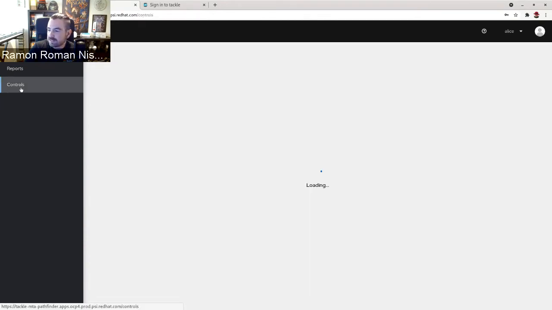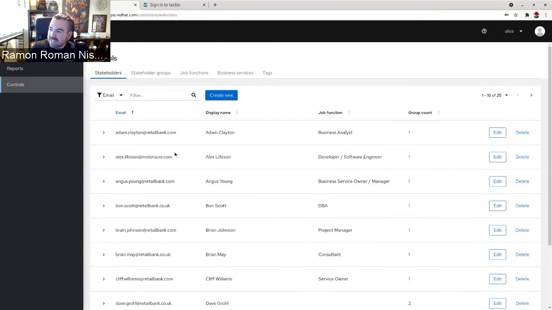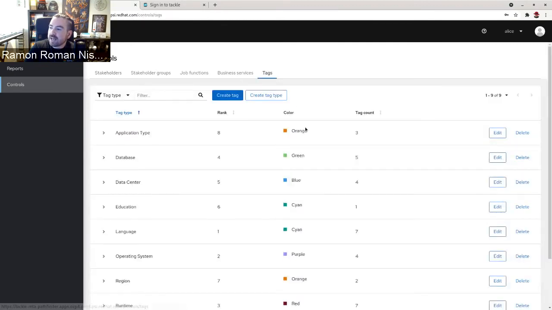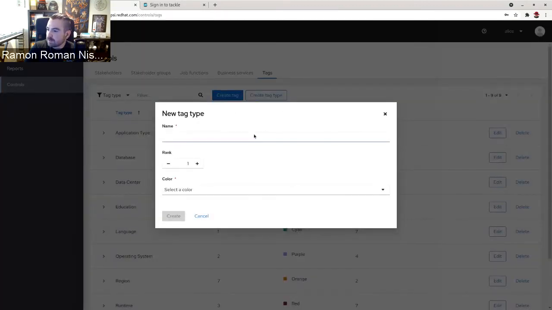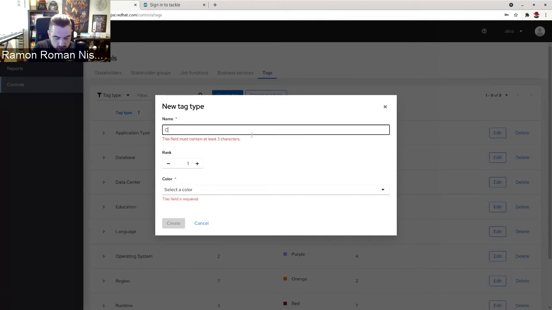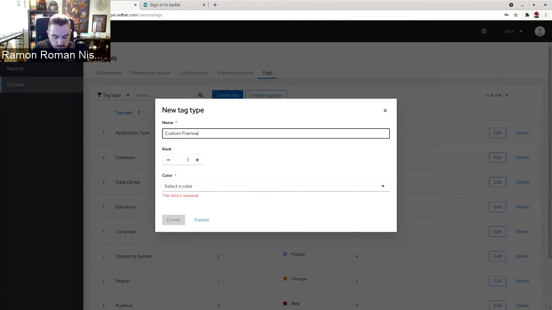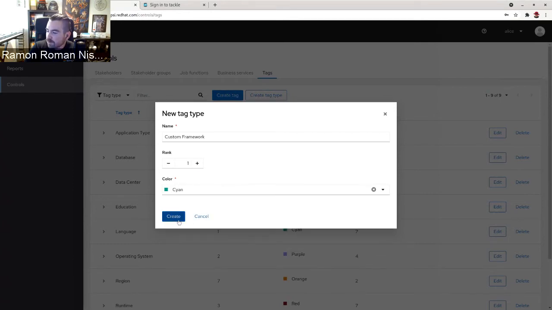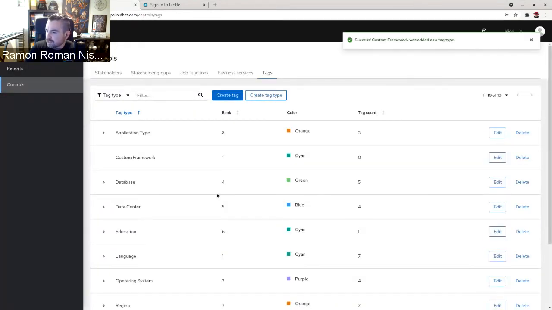So let's, for example, go to the tags and create a new tag type, which we will call custom framework. We have the rank, which basically allows us to set the priority or the order in which the tags are going to be shown when displayed. Let's just use whatever color. So we have created this custom framework, and then let's add some